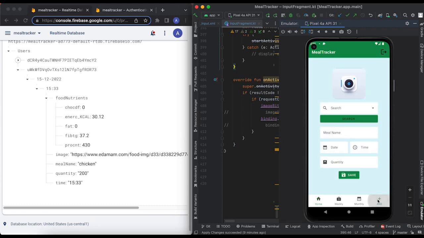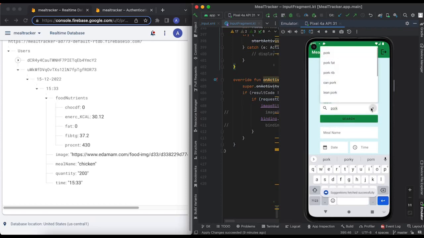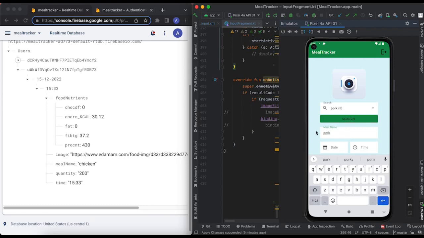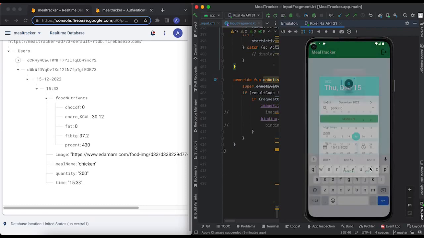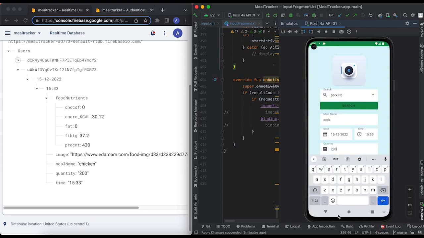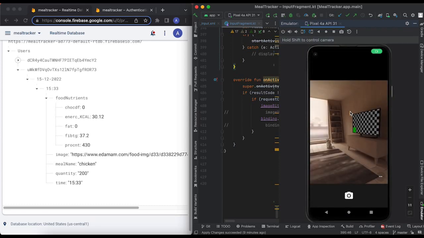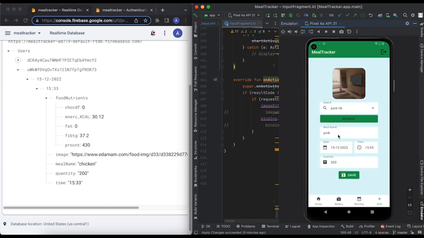Let's see what happens if we add another meal. For example, consider pork. It fetches the suggestions. I'm selecting the pork rib and giving a meal name, and selecting the date and giving the quantity. I can also select the image using the image capture functionality, and it will show here. If I click on save,